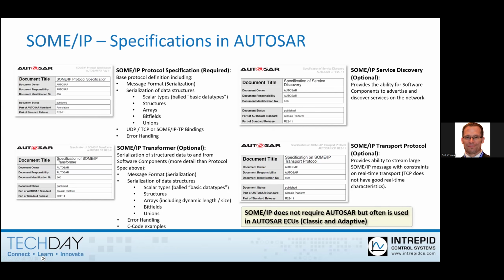And I briefly mentioned the SOME/IP transport protocol. It's a very lightweight, very easy to use protocol to transport more than 1,400 bytes, in the case where your payloads on SOME/IP need to exceed 1,400 bytes. If your payloads do not exceed 1,400 bytes, then it is recommended that you just use straight UDP. Fire and forget. A single frame of UDP can carry up to 1,400 bytes of SOME/IP traffic. If you need to go larger than that, then we can use SOME/IP-TP, which is the SOME/IP transport protocol, to transport more than 1,400 bytes.